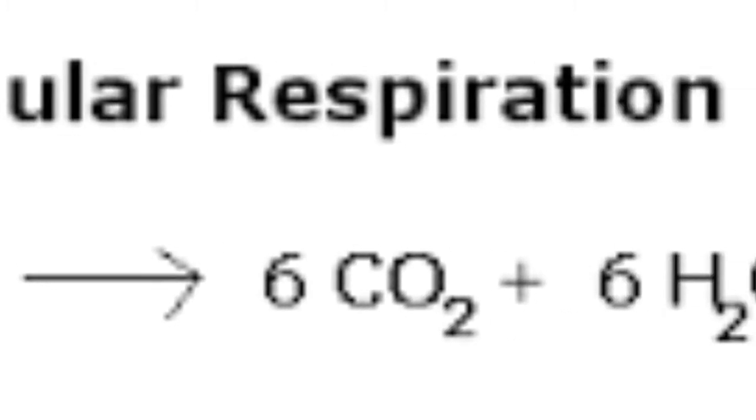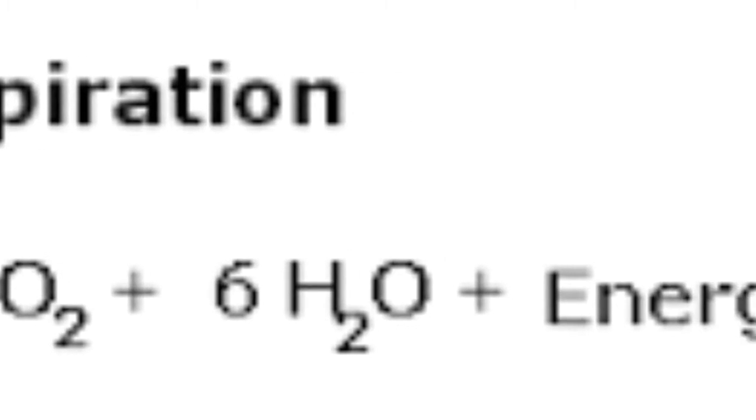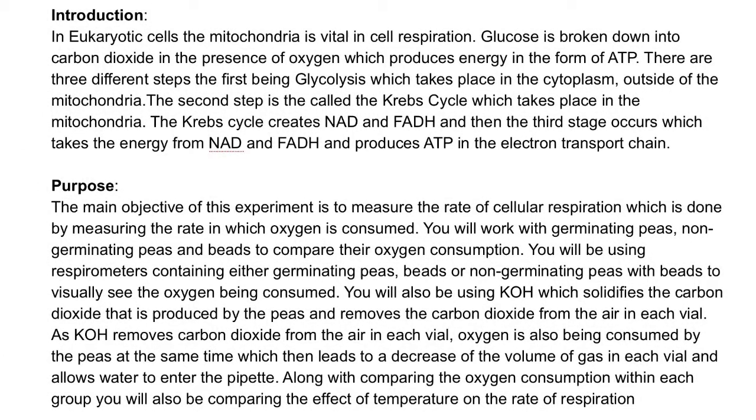Purpose. The main objective of this experiment is to measure the rate of cellular respiration, which is done by measuring the rate in which oxygen is consumed. You will work with germinating peas, non-germinating peas, and beads to compare their oxygen consumption. You will be using respirometers containing either germinating peas, beads, or non-germinating peas with beads to visually see the oxygen